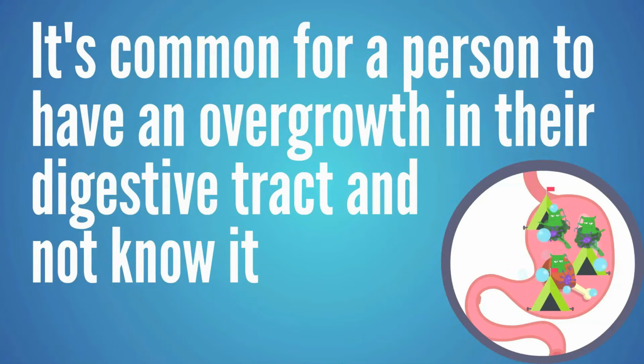And that alkaline waste can either neutralize our stomach acid, so maybe a person is making enough stomach acid but it's getting neutralized by a bacterial overgrowth in the stomach, or that alkaline waste can make the intestinal tract too alkaline so that the food can't move through at a proper pace, and if it's moving through too slowly, it'll rot and ferment and create all those chemicals and burdens that the body now has to deal with. So an infection can be very problematic, and it's common for a person to have an overgrowth in their digestive tract and not really know that.